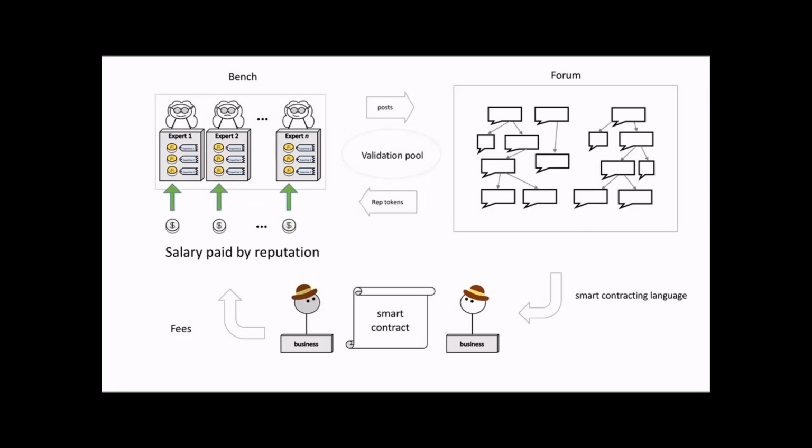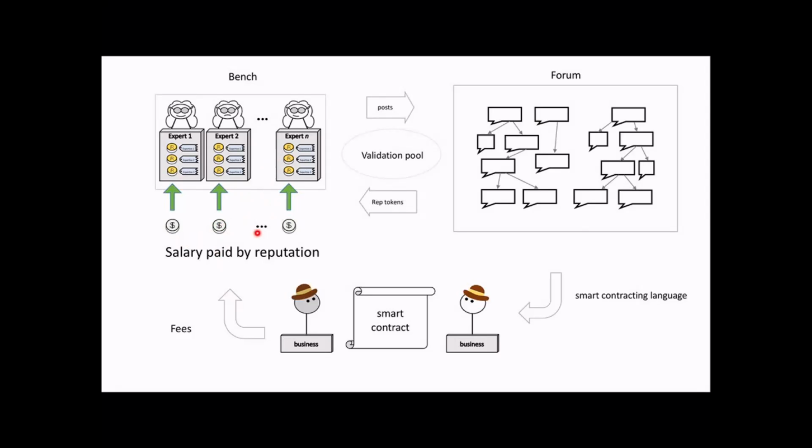Okay, and then the fee that was given by the customers is not given to the person who did the job. So this is a major issue that a lot of people have a problem with, especially if they're raised in a centralized business environment, which every one of us is, right? But the idea is that the money that was paid by the fees is not sent to the expert who did the work. That's a frustrating idea. What the expert who did the work gets is new reputation tokens. They get the majority of reputation tokens if they did a good job, which they should always do. And if they did a good job, they get the new reputation tokens, but they don't get the fees.